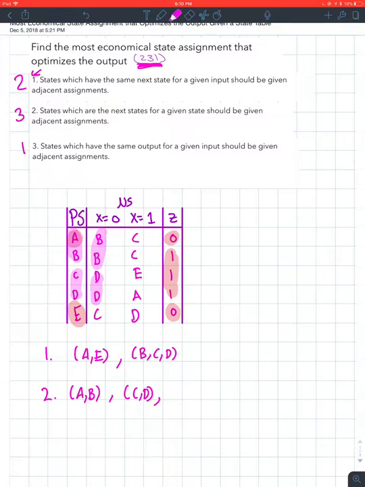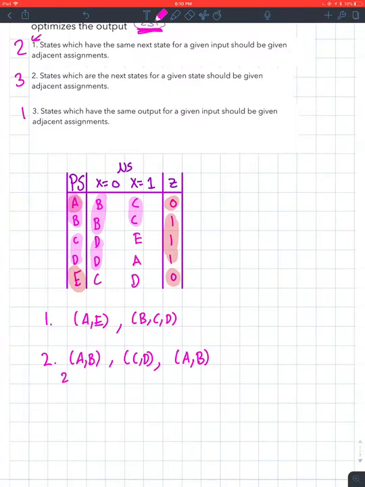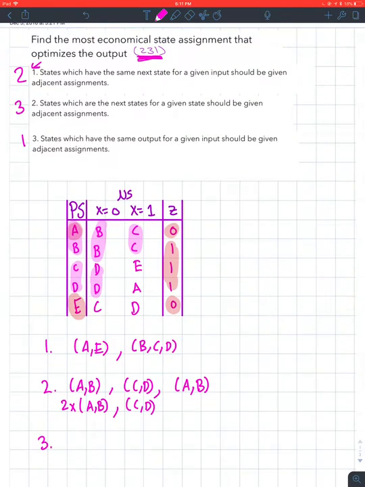Now I look when x equals 1, which next states are shared with the present state. So here I have C and C, and then that's it. So now I have A and B again. So I can rewrite this as 2 times AB, which means AB repeats itself twice, and then I have CD. Now for step 3,